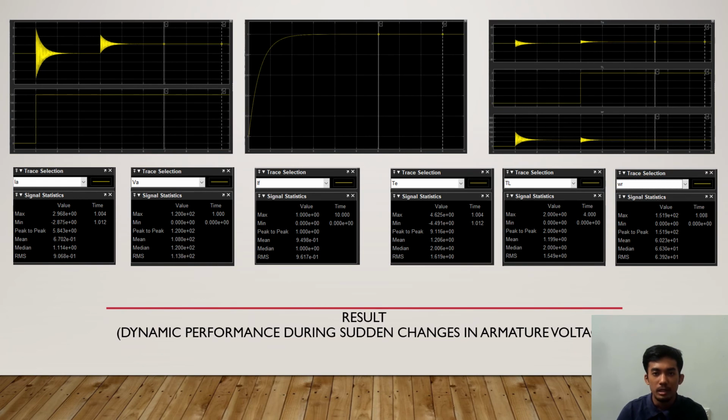From the analysis of dynamic performance during sudden changes in armature voltage, it shows a significant decrease in the value of rotor speed compared to the first two conditions of dynamic performance. This is due to the decreased value of armature voltage from 240 volt to 120 volt. So, the lower the armature voltage, the lower the rotor speed due to the insufficient supply from the voltage supply to maximize the speed performance of the DC motor. The armature current remains the same in value, although there are changes in voltage supply. Therefore, the combination of the simulation results and the calculation produce similar outcomes.